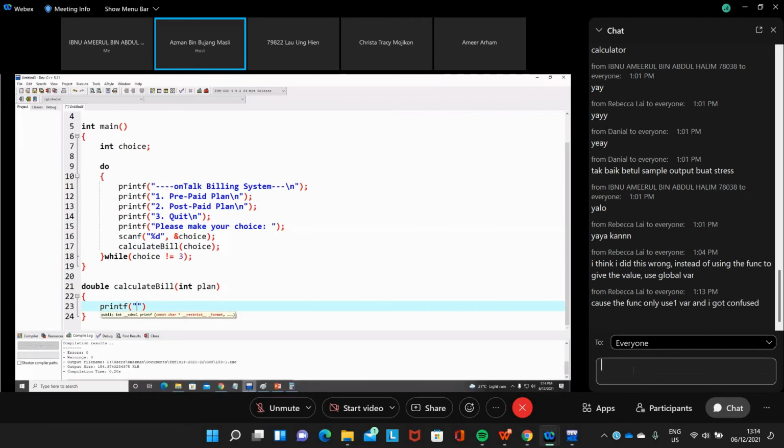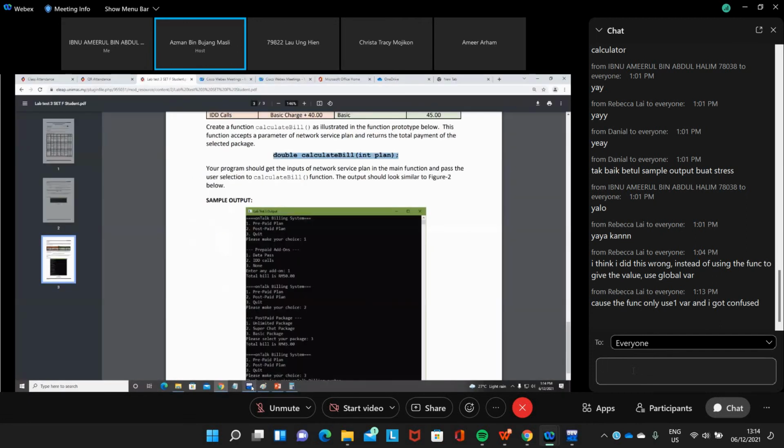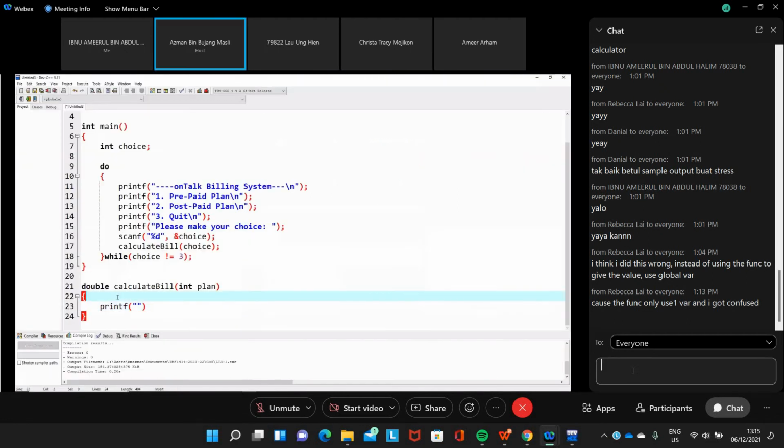So this one is prepaid add-ons. Oh, make your choice. If we want, then prepaid add-ons. So this is calculate bill only, isn't it? Calculate bill. Then we need to check here before we do anything, when we call the calculate bill.